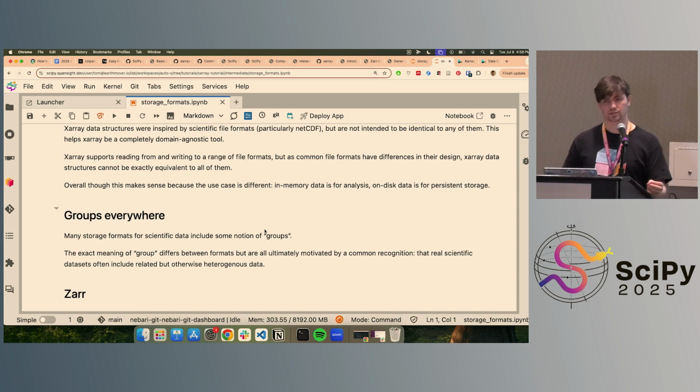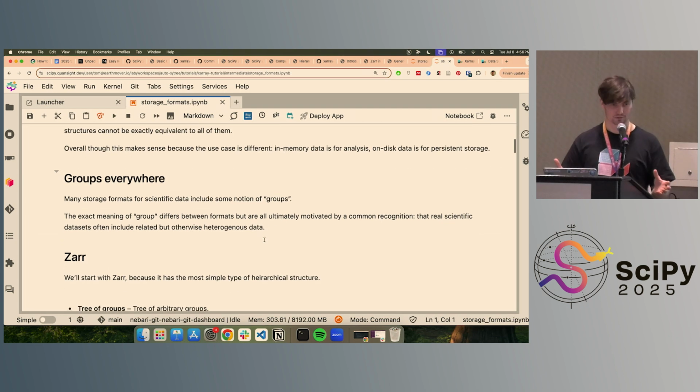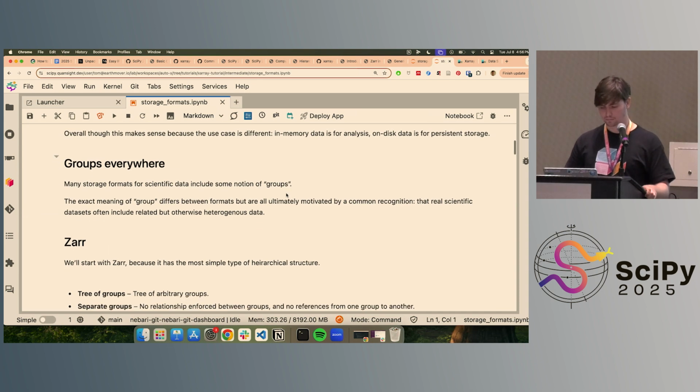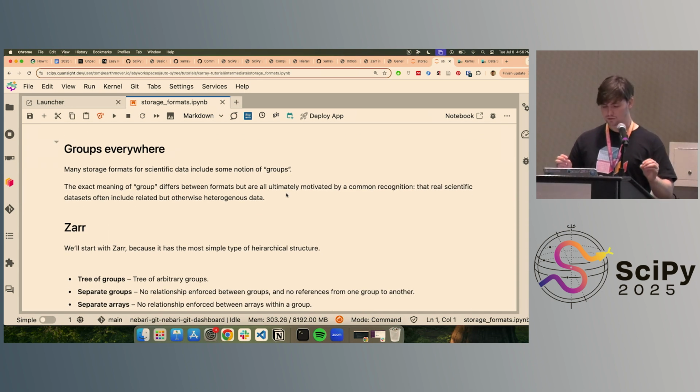And this differentiates it from certain other projects. I'm kind of blanking on the name right now, but there are certain data cube-like projects in some other fields, and it feels like every time I come to SciPy, I find out about another one of these projects where somebody in microscopy or neutron diffraction or something has made a multi-dimensional array data structure, and I'm kind of like, you could have just used Xarray. But so anyway,